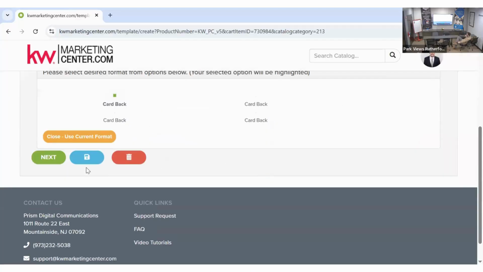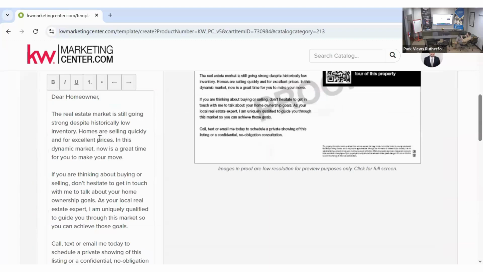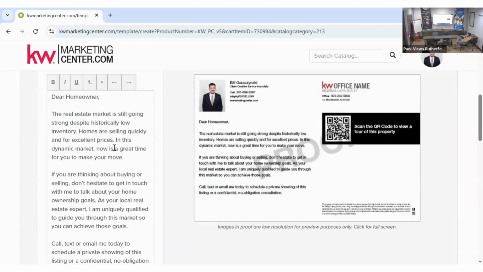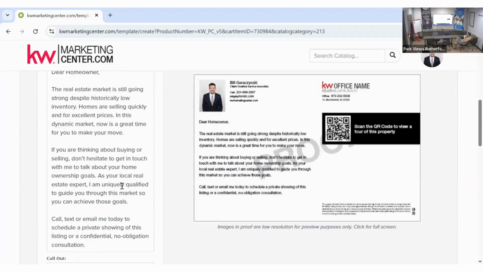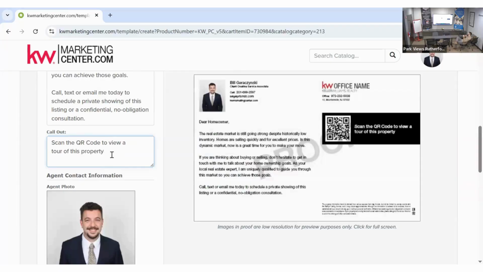Then you go to the back. Most of our backs have a generic copy in the back. You can obviously just leave it, or you can tweak it however you want. The important thing here on all these, especially on the mailings, is whatever that call to action is by the QR code. Like I said earlier, if you can say scan here for a 30-second, 45 seconds,